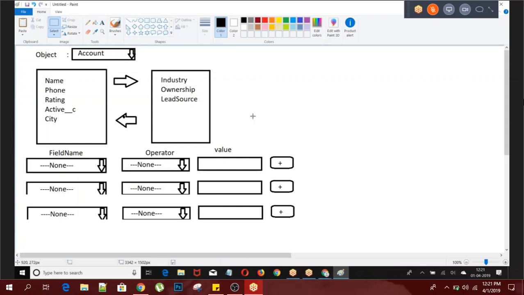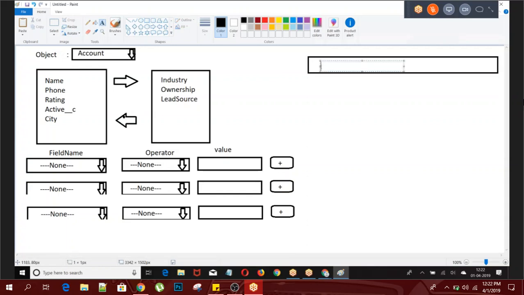Right. So the day you implement this example, you are ready for your interview. All these topics you have done individually. Now you need to merge them. Pick list we have seen, multi-select pick list we have seen, wrapper class we have seen, dynamic SOQL query we have seen. So it is a combination of pick list, multi-select pick list, wrapper class, and dynamic SOQL query, which will give a result. Then the result should be displayed like this.